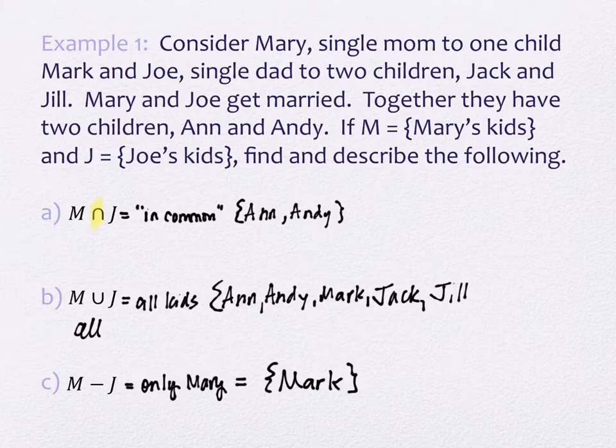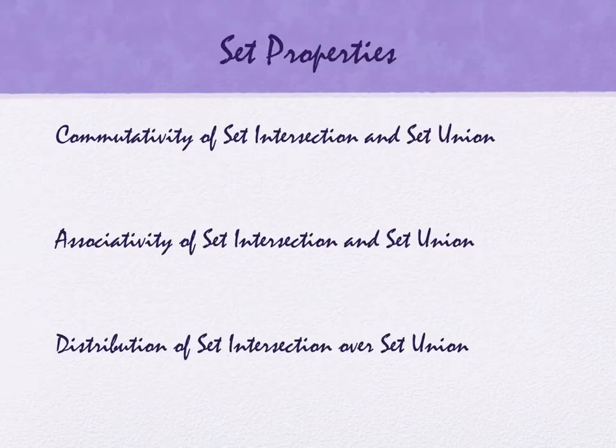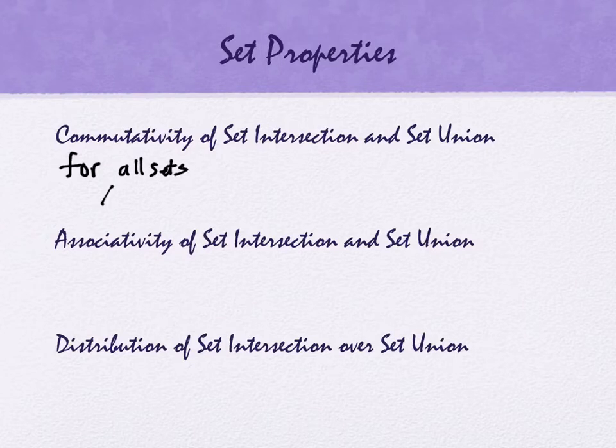There are some properties that our intersections and our unions have that are a little interesting. These are set properties. They have a commutative property, associative property, and then we're going to distribute. They have a distribution property. So this starts to sound like numbers, right? And it is very much related to that idea. So if we have sets, so for all sets A and B,